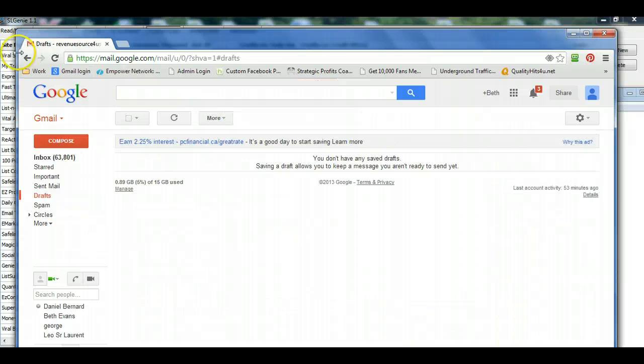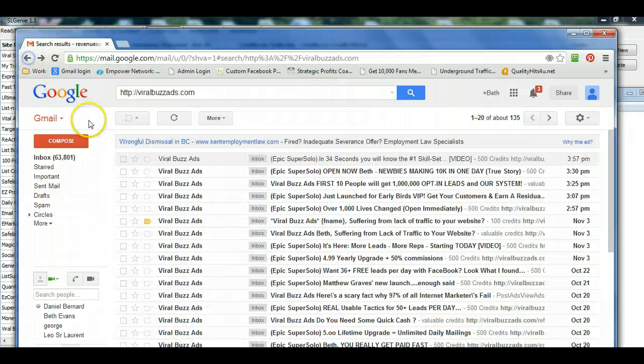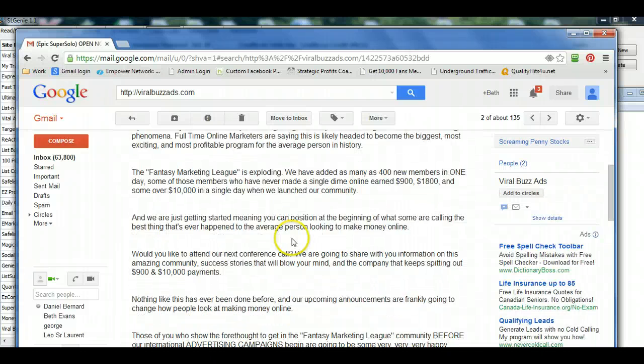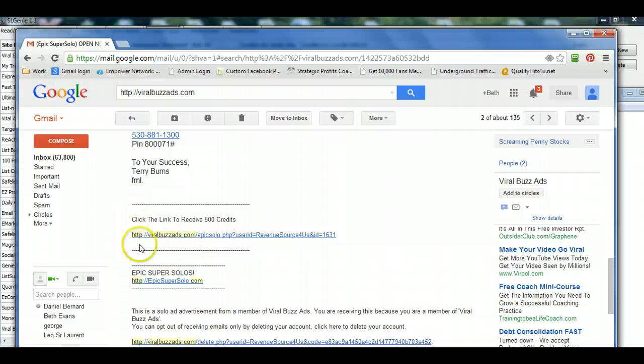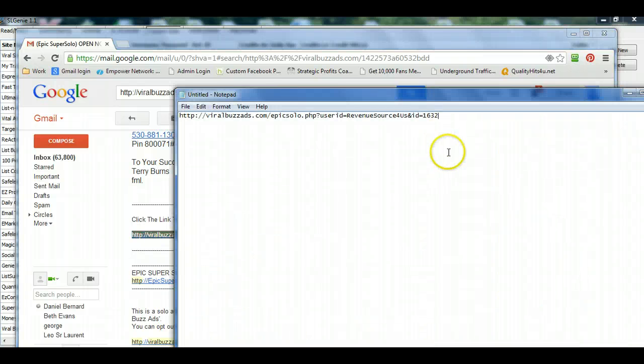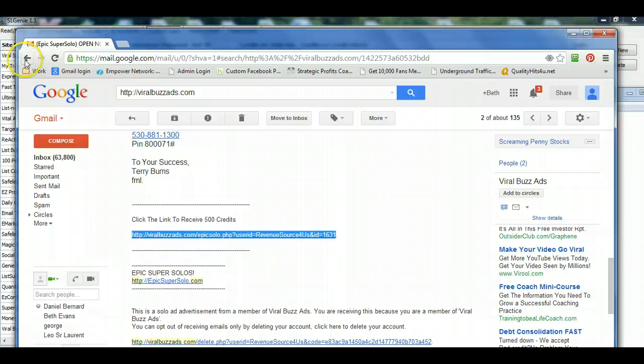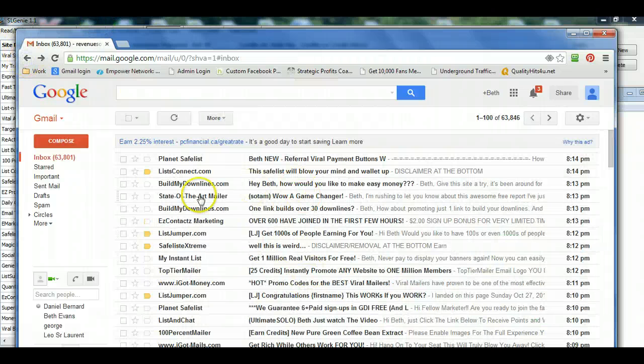Once you've done the first one, then we're going to go back, and because I'm grabbing the Epic Super Solo ones, I'm going to go to the next Epic Super Solo one, go down to where the link is, again, copy the entire link, paste it directly below the first one. We're going to go back, we're going to grab one more,